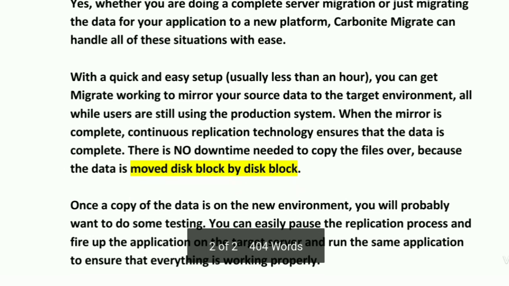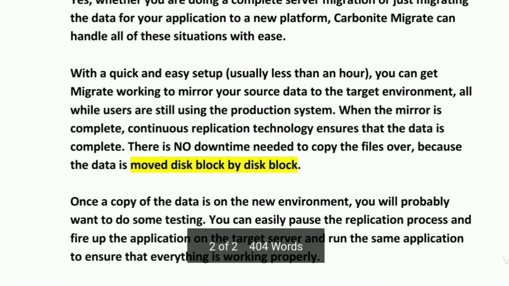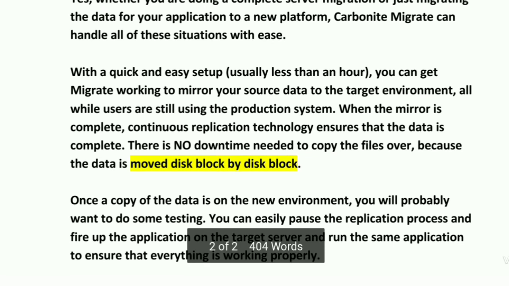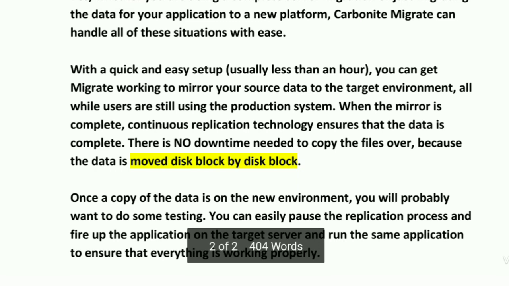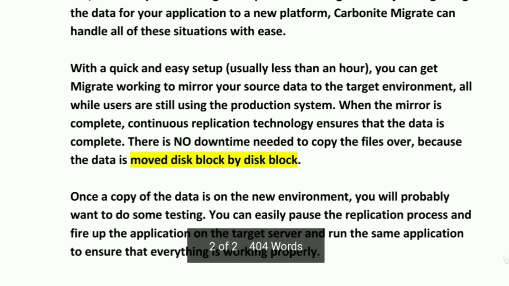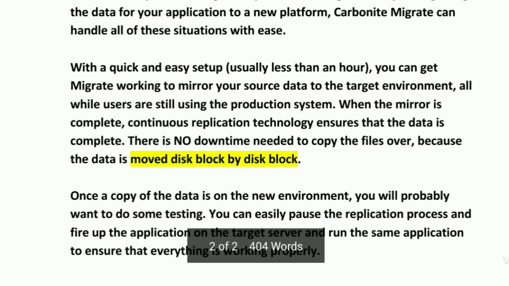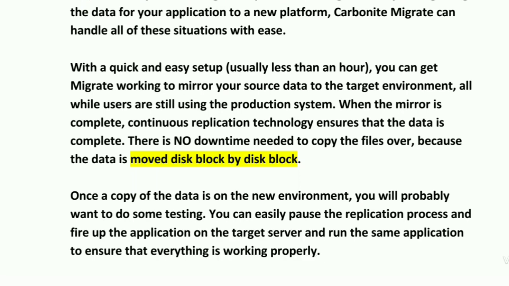With a quick and easy setup, usually less than an hour, you can get Migrate working to mirror your source data to the target environment, all while users are still using the production system. As I said above, there is no harm in using the legacy server. Users can use the production system until the final cutover.